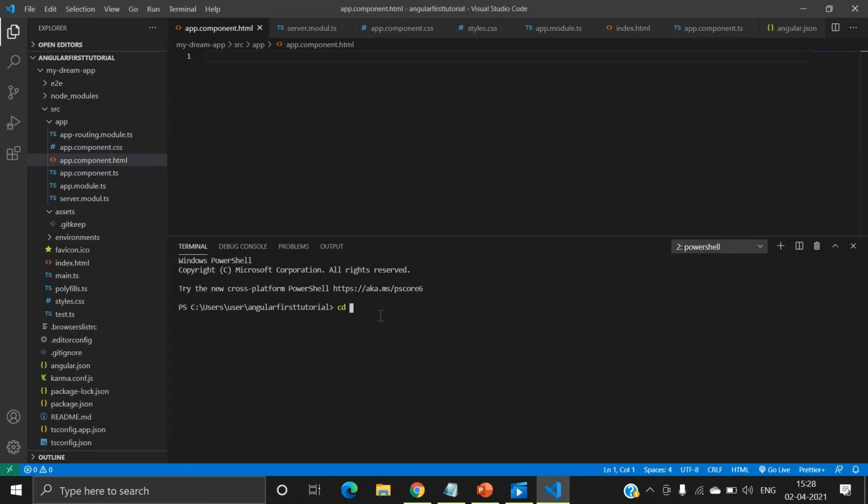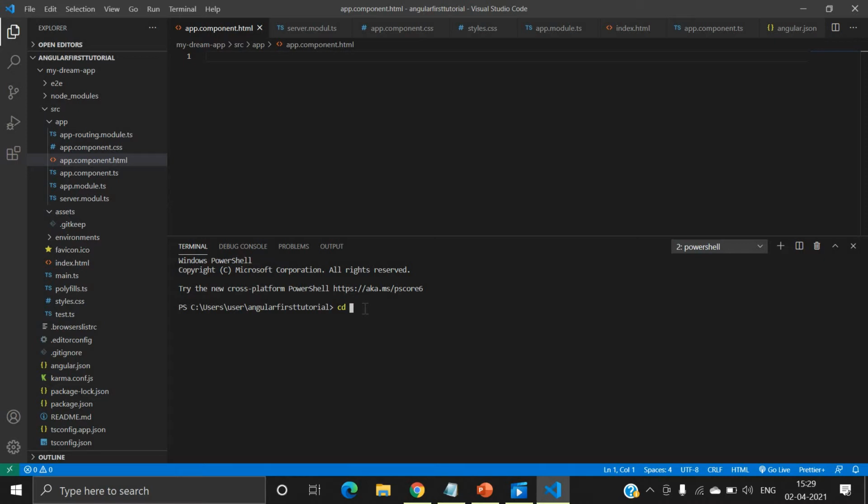I have already discussed how to create component in the previous lecture. Now you can create a component with the help of two things. First, you can create manually, or you can create with the help of ng command.